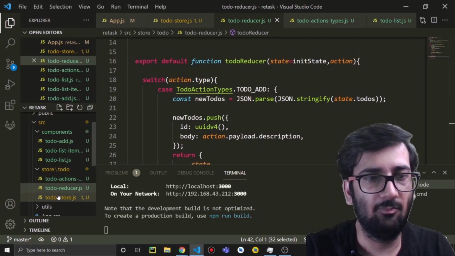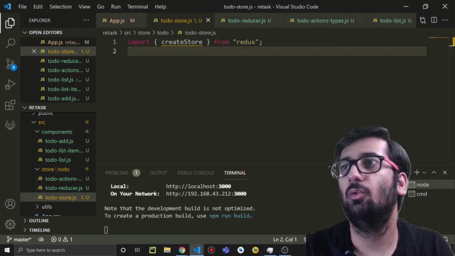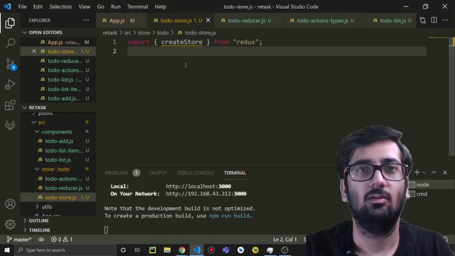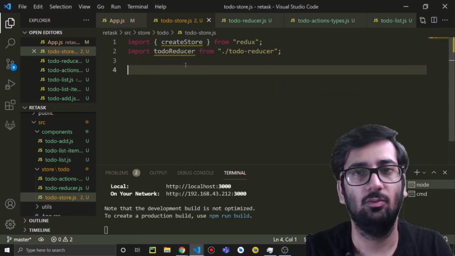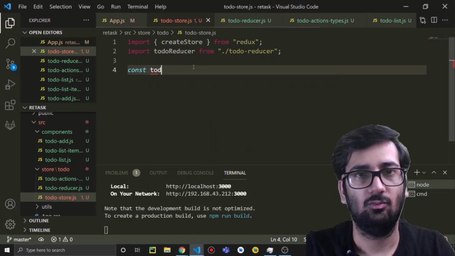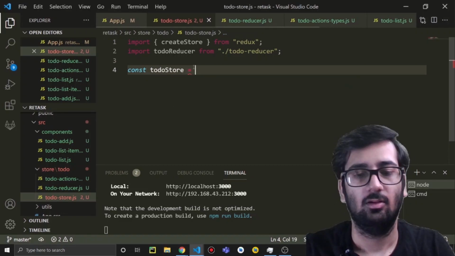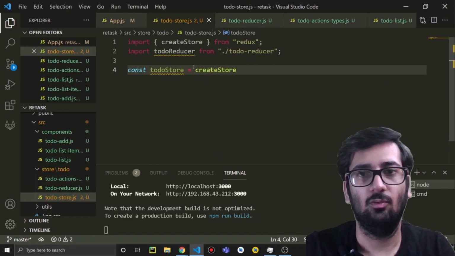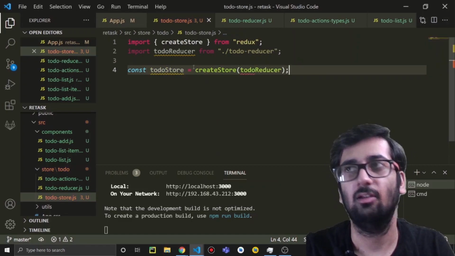Now let's go back to our store, which will need this reducer. We will import to-do reducer from our to-do reducer, and we will create a to-do store using create store, which we have imported, and we just pass our reducer, and that's all.